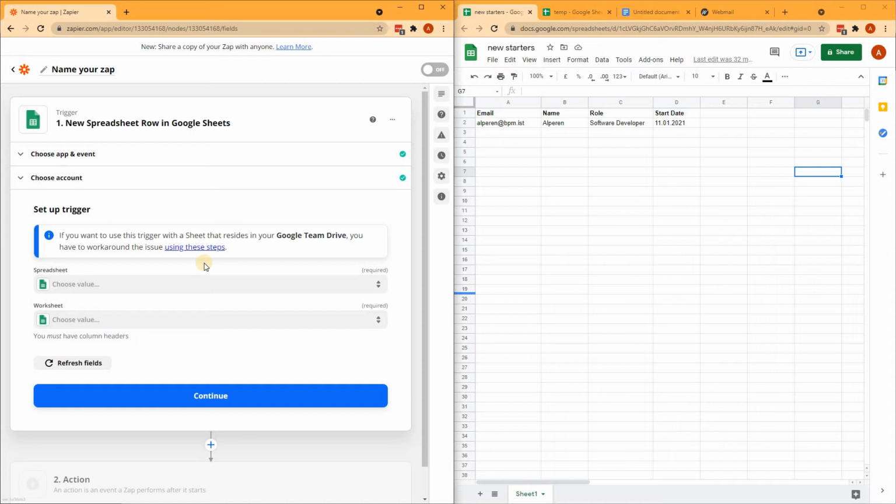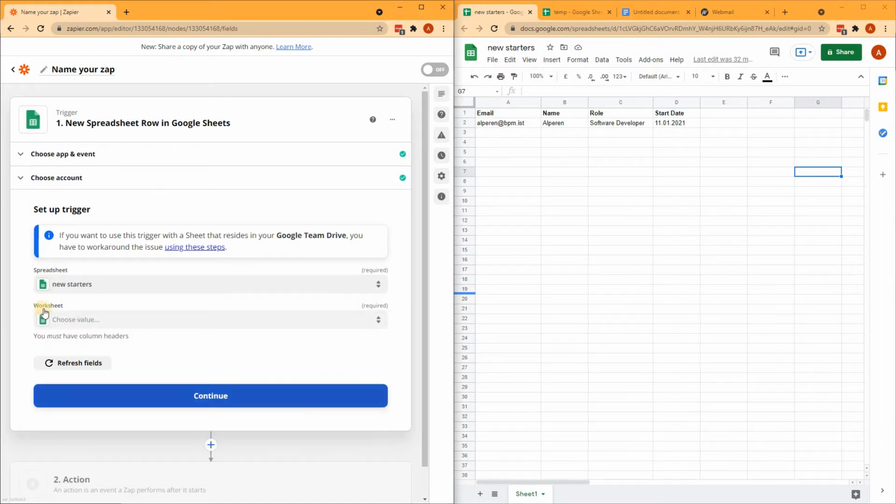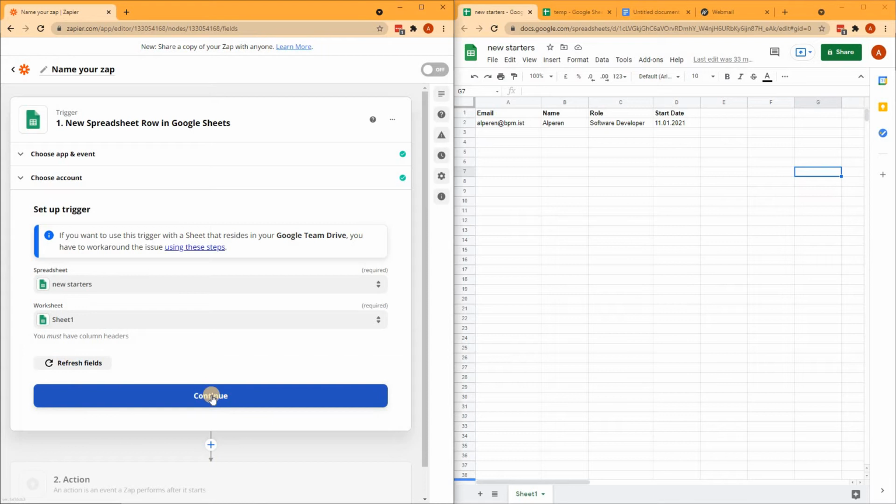As the next step, I need to pick which spreadsheet I would like to work with. There are multiple spreadsheets. I'm picking this one, new starters, which is actually the one that I have here. It may potentially have multiple worksheets inside, but for this one, there's only one, and I'm picking this one. So when I click continue,